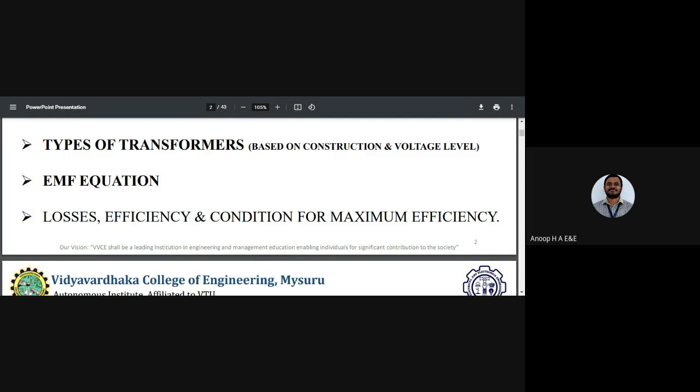What I'm going to do in this week's class, that is three classes that we have got, we are going to start with the concepts that are quite important for the internals. I've also shared the question paper which was there, and a few questions I'll take from it and solve, and I will post it as a recorded video if possible. So what are the important questions that are there in module number 3 and module number 5? We are going to discuss in detail right now.